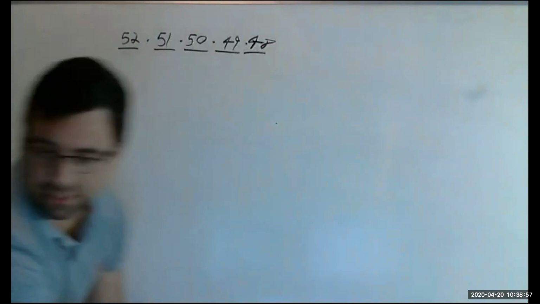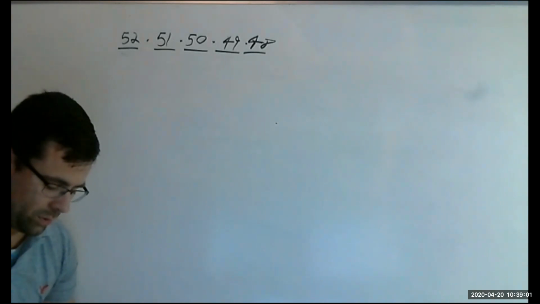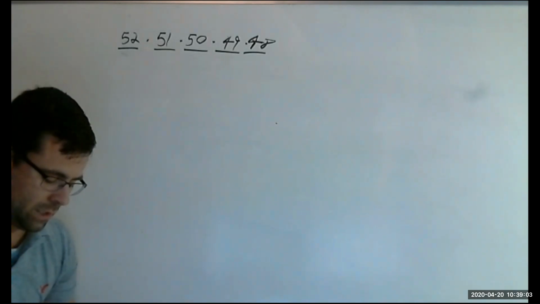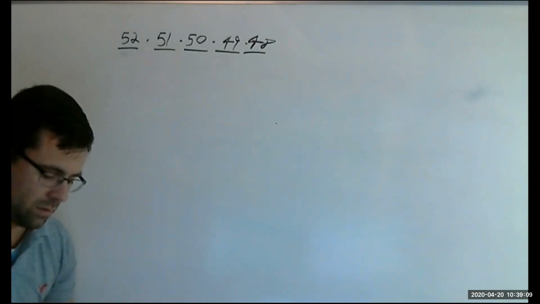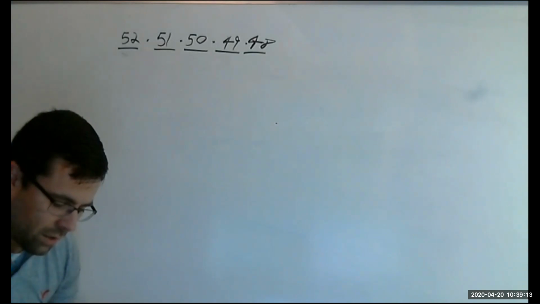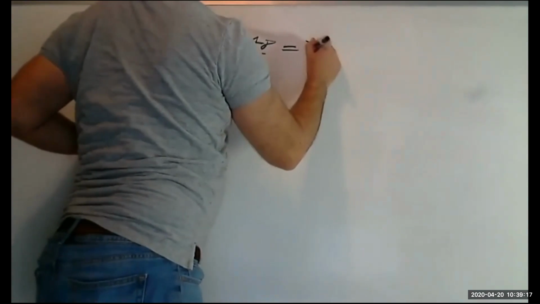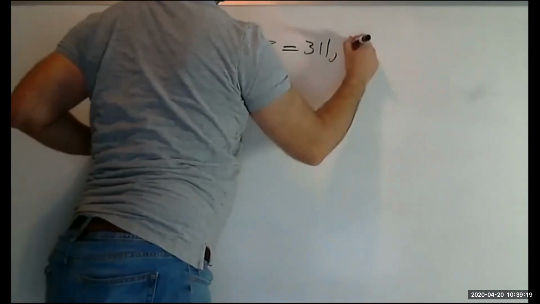So this is a very, very big number. It's part of why poker is so interesting, because there are so many possible options. So this is 311 million, 8